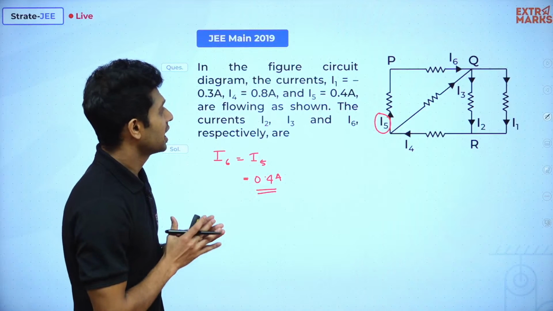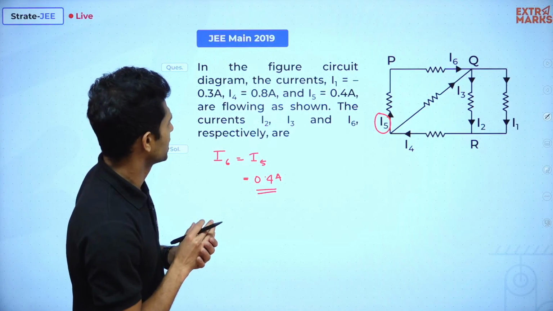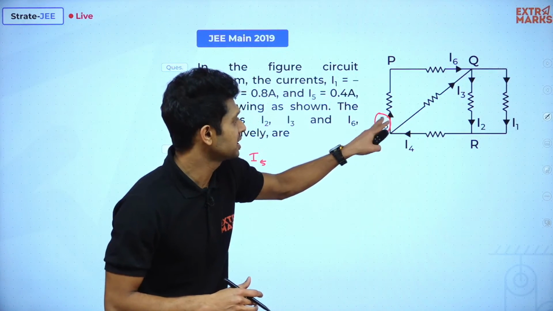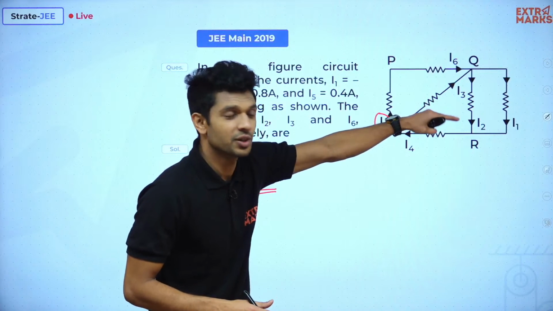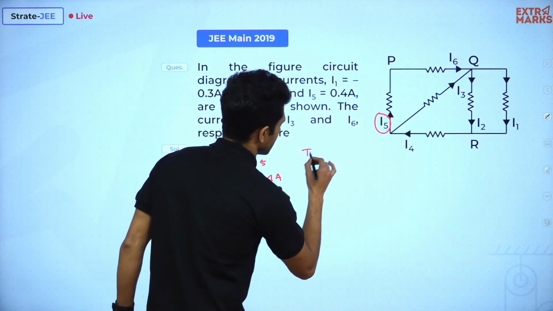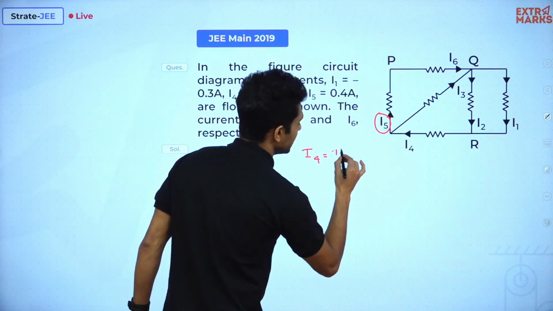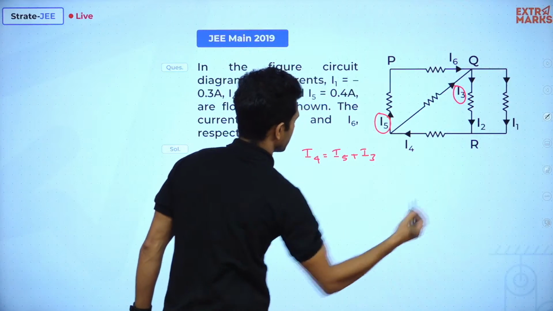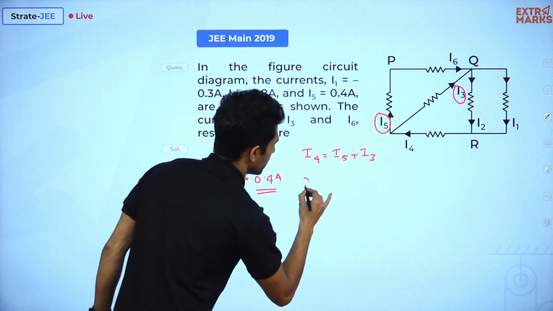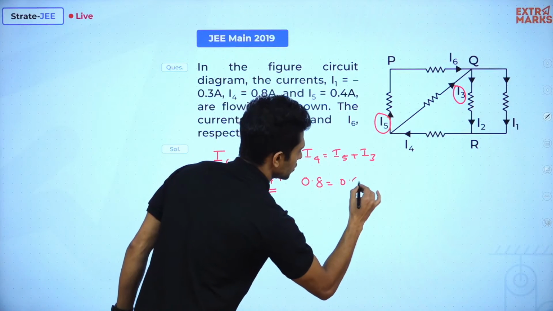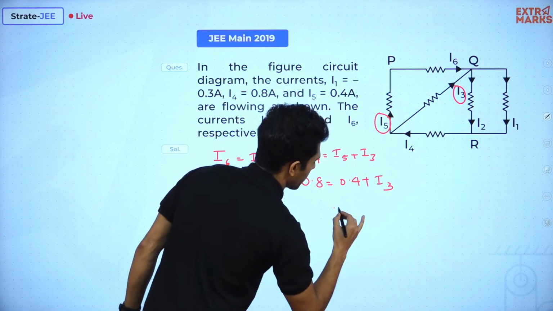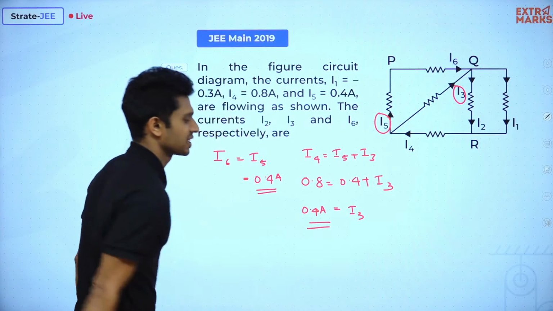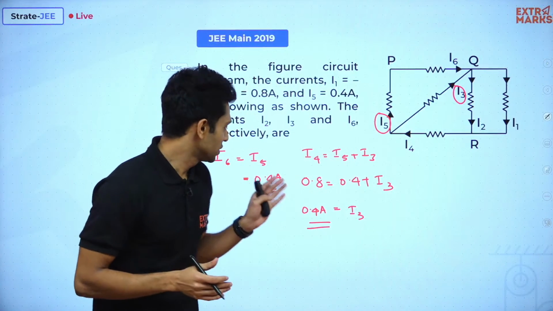अगला क्वेश्चन कौन है? Okay, so I4 we have, which is the amount of current coming into the junction. From the junction I5 and I3, we know the value of the current coming into the junction, that is I4, is equal to the current leaving the junction I5 plus, which is this current I3. I hope you all can see. I4 का value 0.8. I5 का value we already know 0.4. I3 का value हमको पता नहीं. So I3 का value हो गया 0.4 amperes. Done.